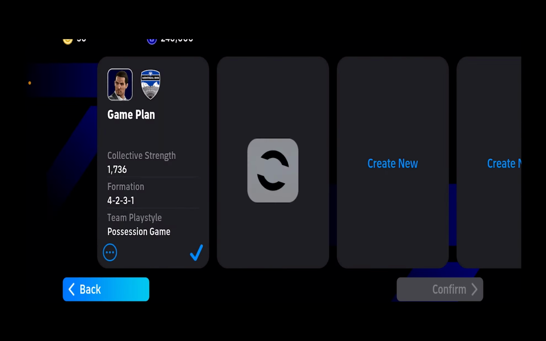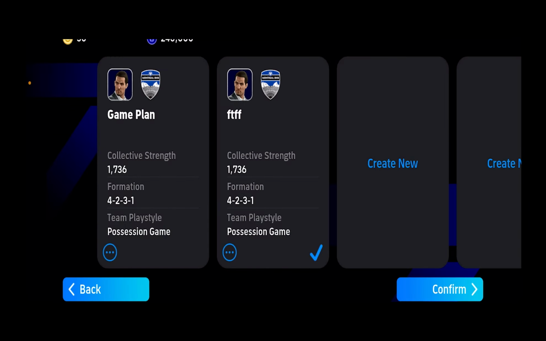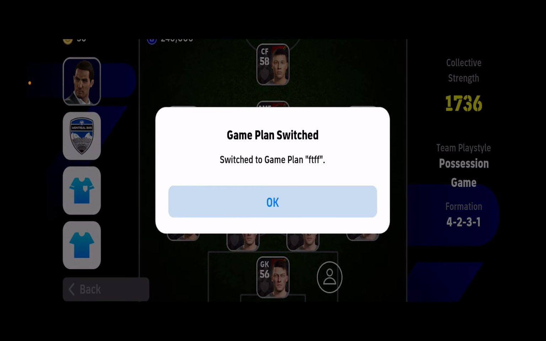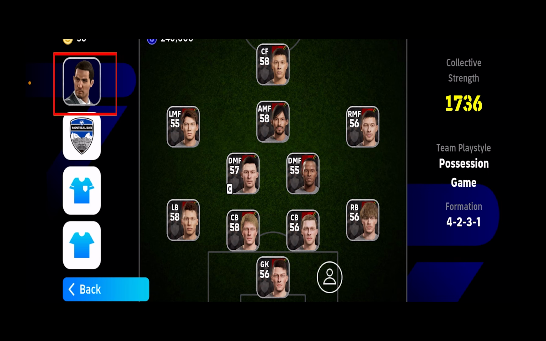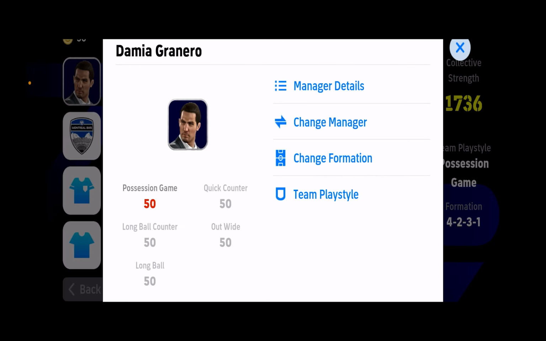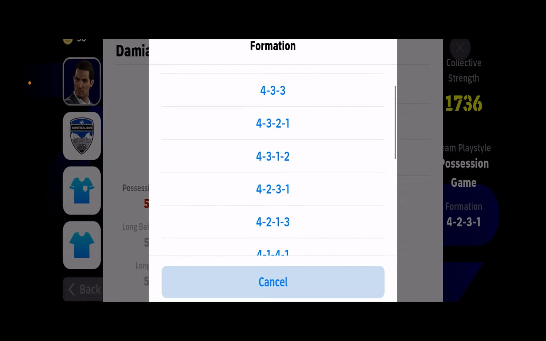Once I click on create, my new game plan will be created. Now once this is tick marked I need to click on confirm. Now once your new game plan is tick marked, go back. Once you go back, click on our manager's face at the top right and click on the option called change